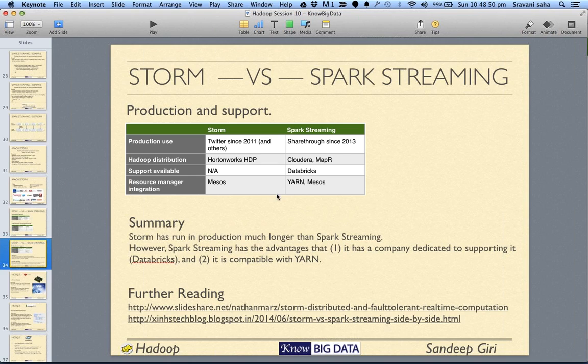Yeah, I was telling about the company acceptance. So the first point here is Twitter's Storm has been in production since 2011, while Spark has come recently. So people would be a little reluctant. But now the difference is not too much because Spark is also like 2 years old and Storm is around 4 years old.